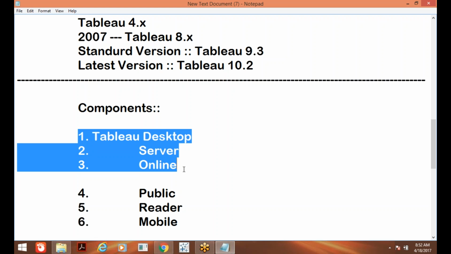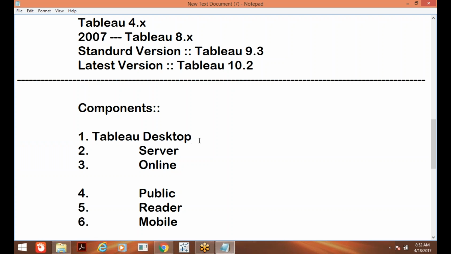You have to purchase a license to use Tableau Desktop, Server or Online. But you can download Tableau Desktop free for a 14-day trial version, and then I will provide the key so that you will get 1 year access. That is our responsibility. I will create it and give it to you. No problem about that.